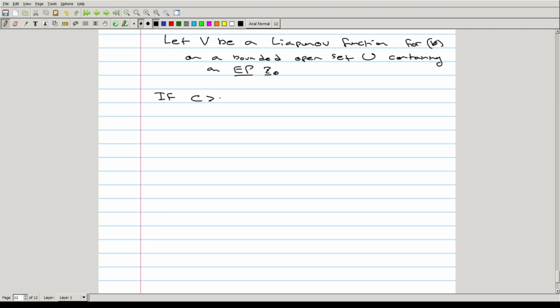If C is greater than 0 is a constant such that the set S is a set of points eta such that V of eta is less than C, and if the set is a closed set in Rn,